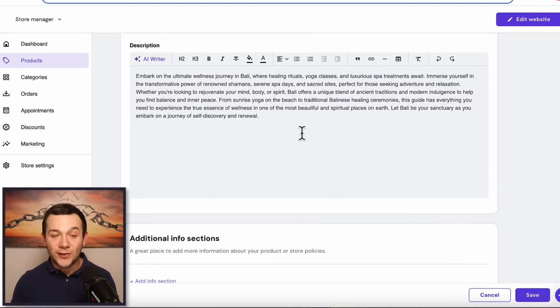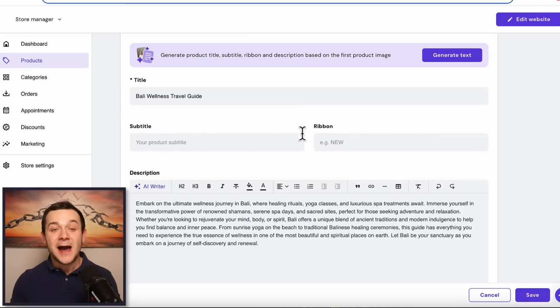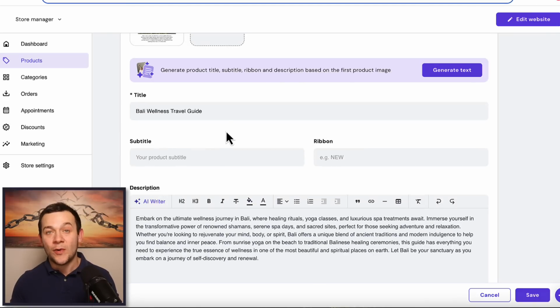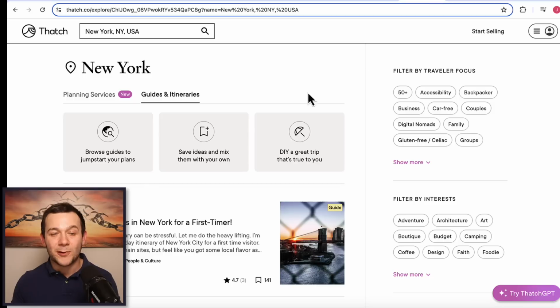Now you want to make sure that you edit that description further along with your digital product title in such a way that you absolutely maximize the amount of those digital downloads that you can generate. So I'm first going to show you exactly what I mean, and I'm then going to show you exactly how you can do that. And I want to show you what I mean by giving you an example of this